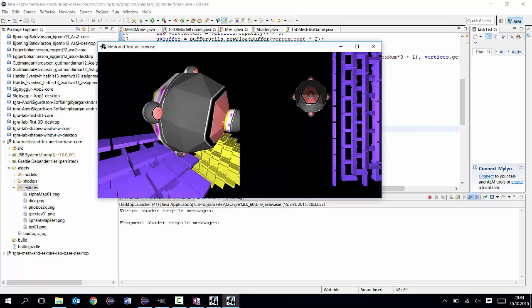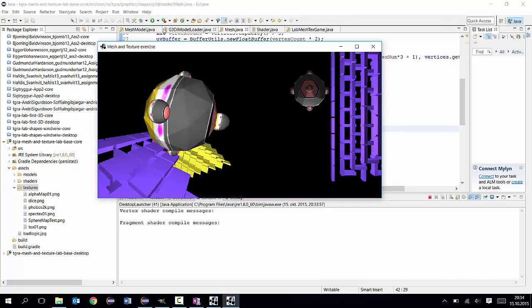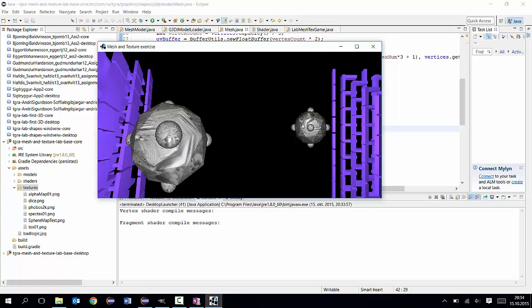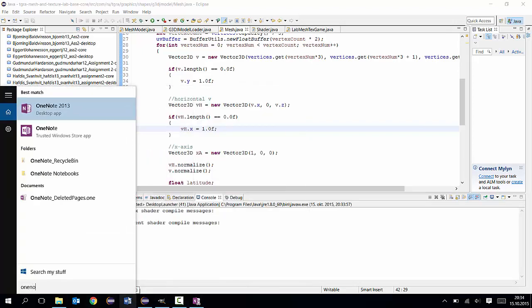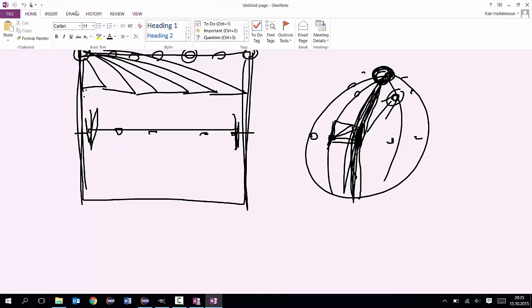But this is a nice way to understand these maps. This is the spherical map. The difference between a spherical map and a cylindrical map is that while the spherical map imagines that we